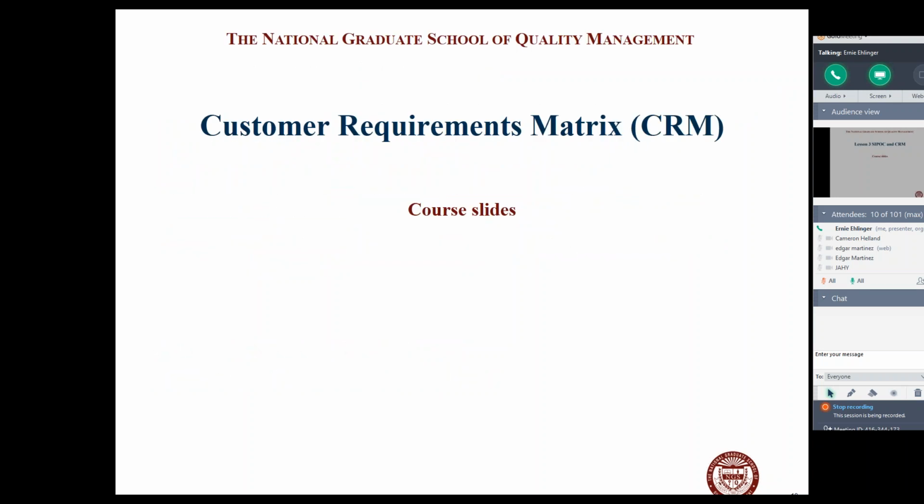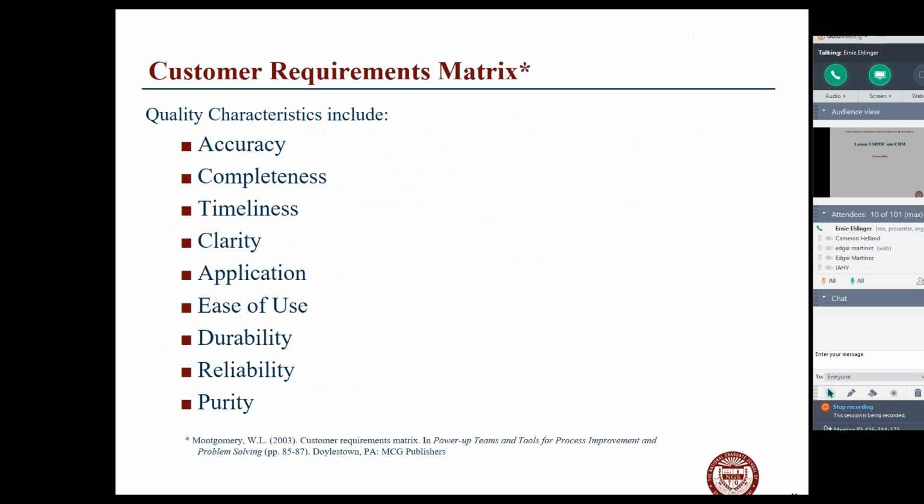All right, let me talk about another area which is very important. So again, kind of a stream of consciousness, and I know you're listening to me, but one of the things that I would like for you to do, after we go through the customer requirements matrix: what do you think is the purpose of that? Why would we want to include it? Just off the top of your head, what are some reasons to use a customer requirements matrix?